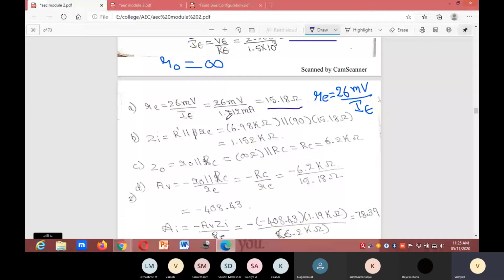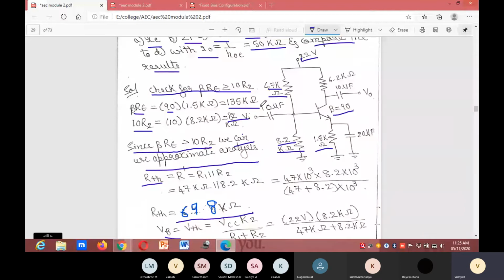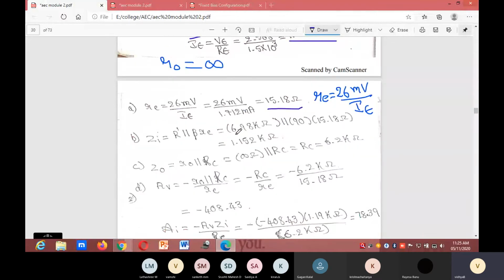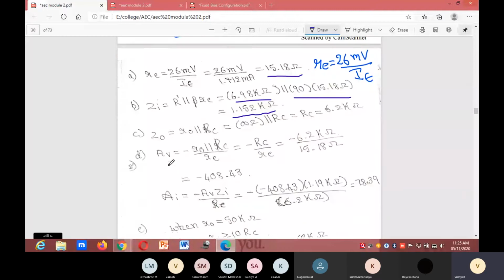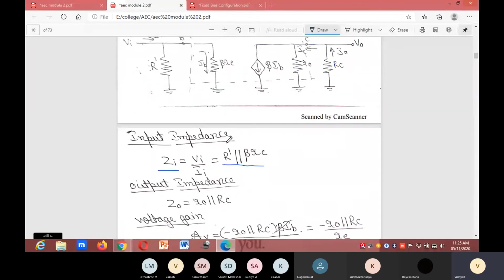Beta IE, we got that beta IE as 135 kilo ohm. Those two you need to parallel, so you'll get 1.152 kilo ohm. Next, Z naught is equal to R naught parallel RC. You can observe here, if